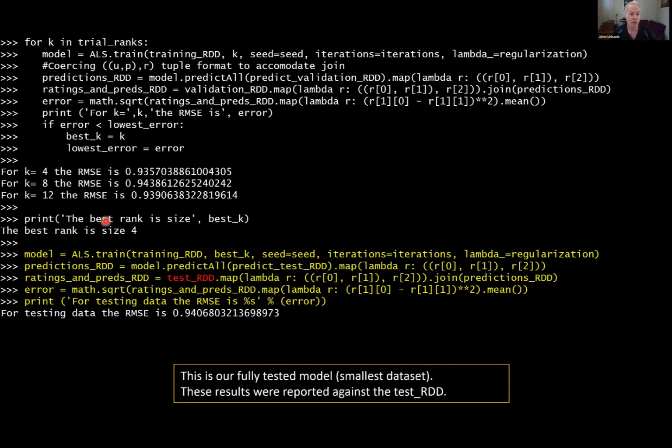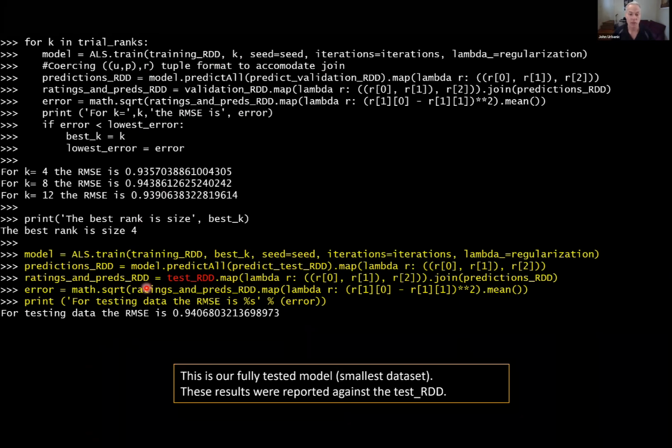Okay, so we found our best hyperparameter value is K of 4. So we think we're done. We think we got a working model. We're ready to go knock on the boss's door and say, hey, let's submit this and win a prize. Well, the boss says, hey, here's the test data, the real test data. So let's do the exact same process here, nothing different, except that now we're using the test RDD. So this data was never entered into finding the best value of K or iterations or lambda or anything else. We found all our hyperparameters. We did everything we could do to come up with the best possible model. We think we got a winner.